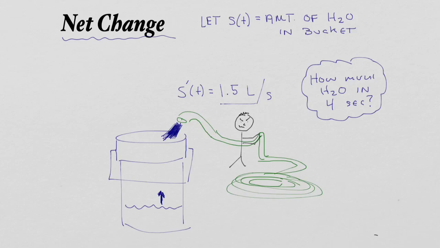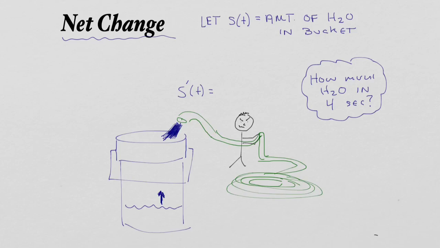And let's pretend this time that there's some brat kid who's bending the hose and changing the flow rate of the water, so that S prime of t, or the rate of change of the water going into the bucket, is not constant. So sometimes it's 1.5, sometimes it's 0.2 liters per second, sometimes he pinches the hose all the way so that the water is not going out at all, and it's changing, it's variable. I could still ask the same question, how much water is in at the time of 4 seconds,